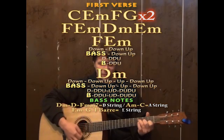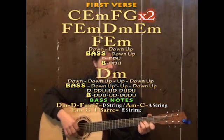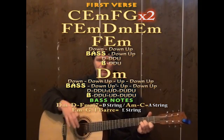And then from the D minor, we go back to our E minor chord, and then we go back to F, and then back to E minor. And on that first verse, it almost feels like we go to a D minor and kind of stay there, but later on that kind of gets